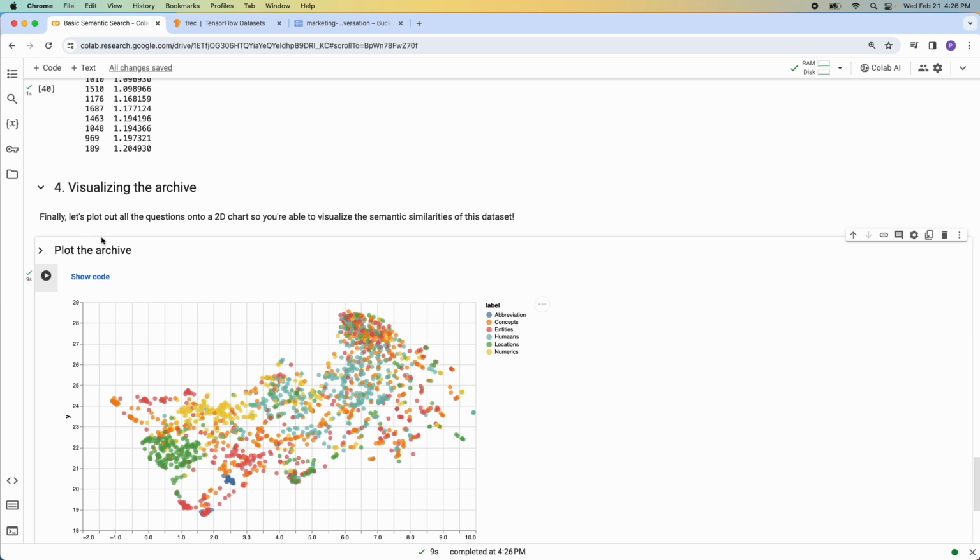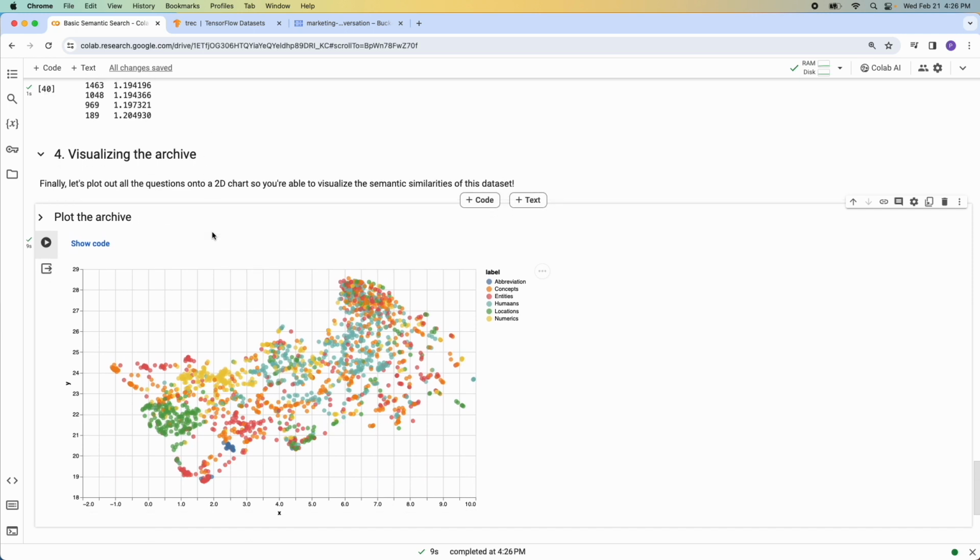So now we're going to go ahead and plot the archive. One of the things that we've done is in our corpus, we did have labels. So now this is where we're actually going to look at those labels. We're going to look at the similarities from those 2,000 elements that we processed, and see, when we compress those vectors into just 2 dimensions, what we actually see in terms of the classification. So each question had this high level classification,